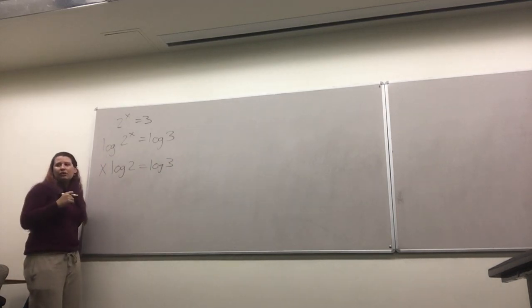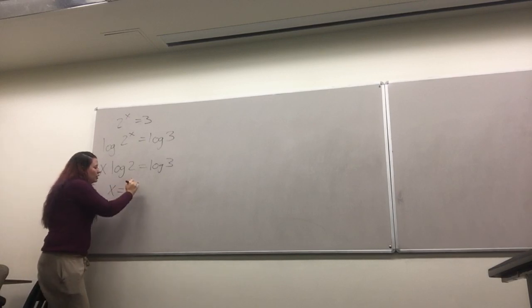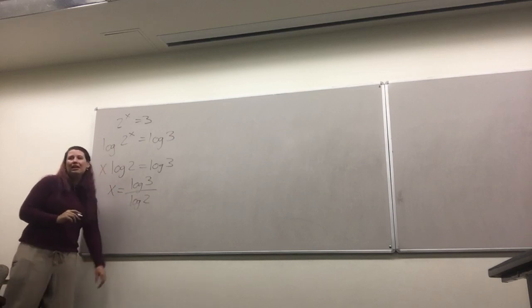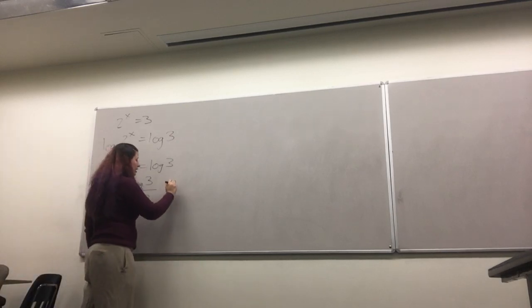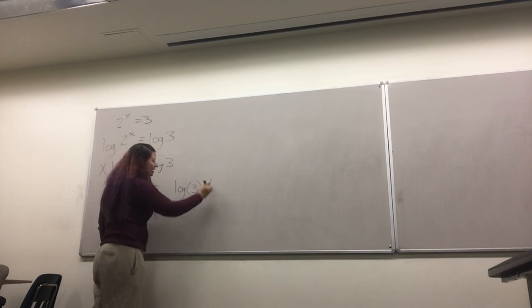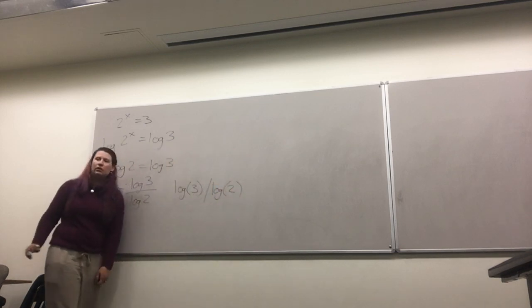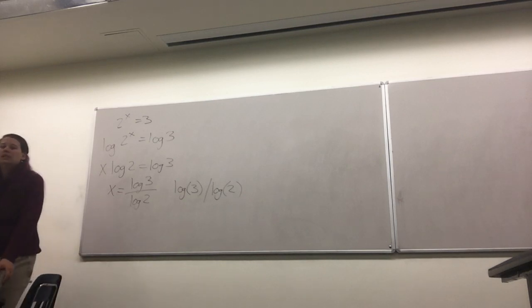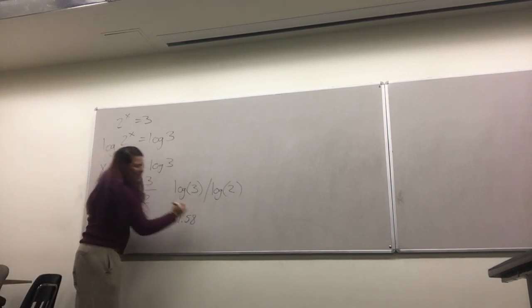Now this is just simple algebra. Just divide the log over, right? Just get x by itself. So we have log of 3 over log of 2. That we can directly put in our calculator, okay? How you would type it is the log gives you a parenthesis, put in the 3, close, divide, the next log, it opens, 2, and close, okay? If we plug that in, we get approximately 1.5850,